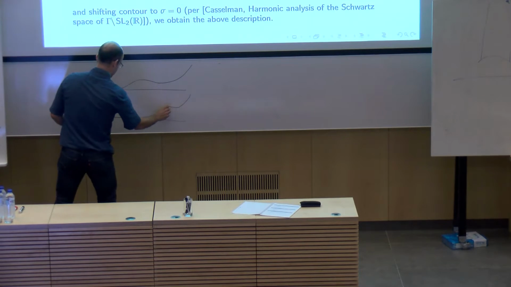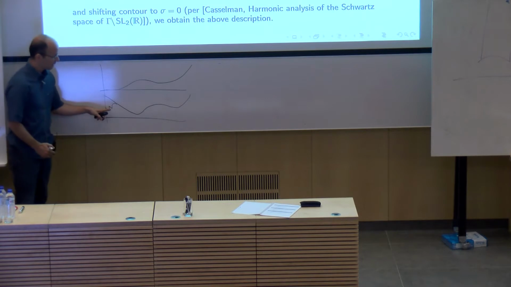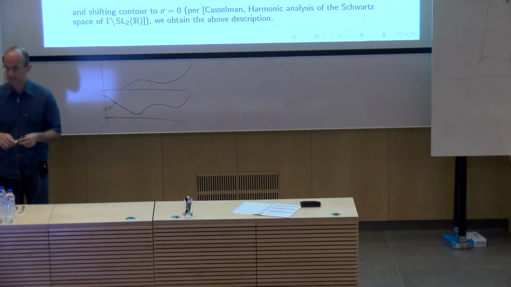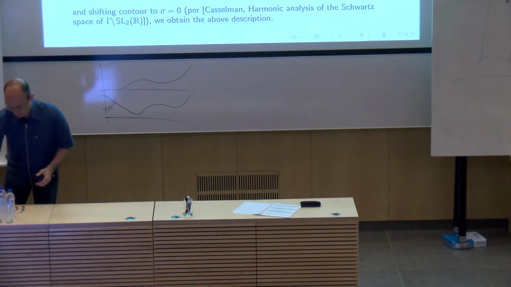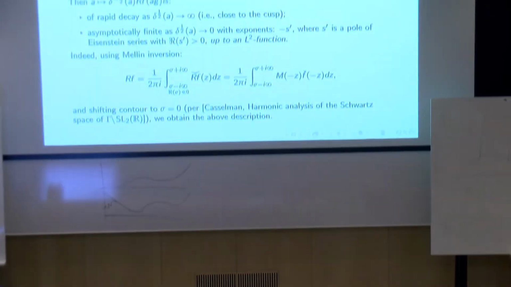The other can have exponents here. Here it can have exponents and then some garbage. This garbage that we don't want to deal with will eventually have to do with poles of Eisenstein series, the bad poles of Eisenstein series that Bill Casselman told us we shouldn't be messing with. So in that case, the Mellin transform will only be defined in some half plane, and maybe also on the unitary line, and sometimes we can relate the two. So here's an example where it will show up. It will show up in the Radon transform on a function on H mod n. So if we take the Radon transform of a function on H mod n,